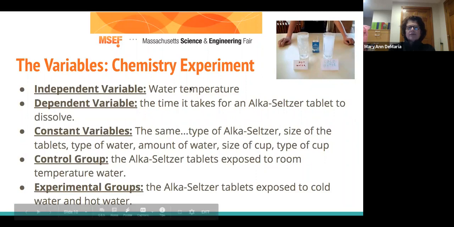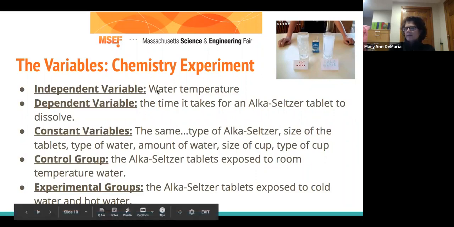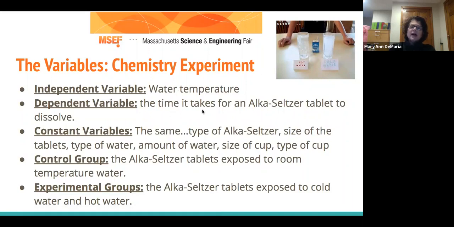So this was our chemistry experiment. Our independent variable was the temperature of the water. That's what we changed on purpose. And we were measuring the time it takes for the Alka-Seltzer tablet to dissolve. So when you organize your data into tables, these two variables need to be your headings for either your columns